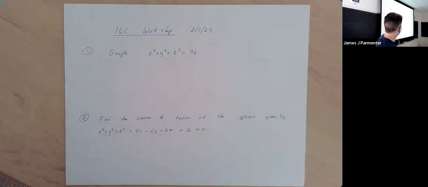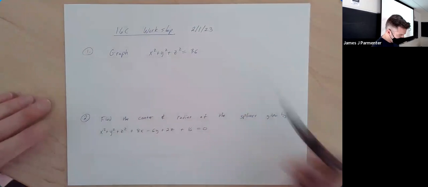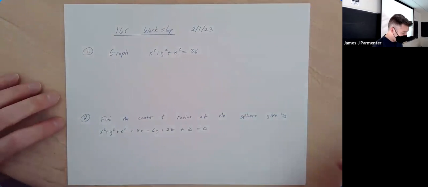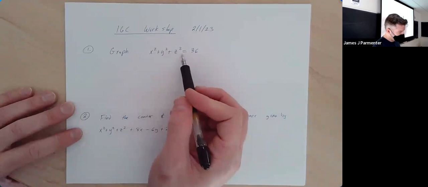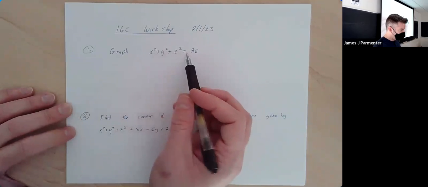All right, so let's talk about graphing some stuff. This equation, x squared plus y squared plus z squared equal to 36, is going to give us a sphere. And you can recognize that from having x squared plus y squared plus z squared, right? When you ever see those things together, it's kind of just like